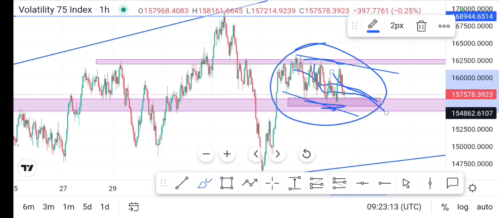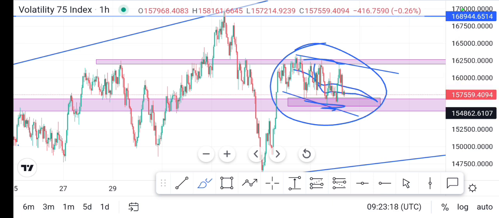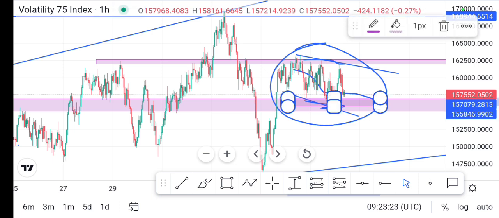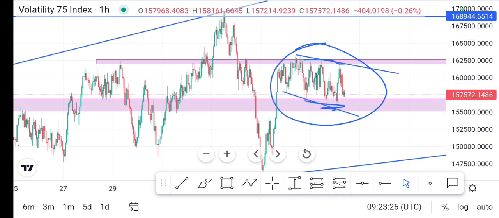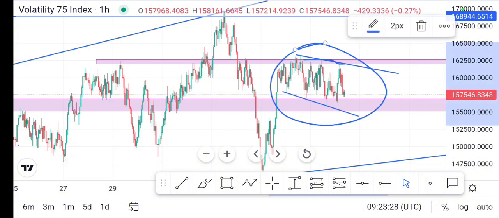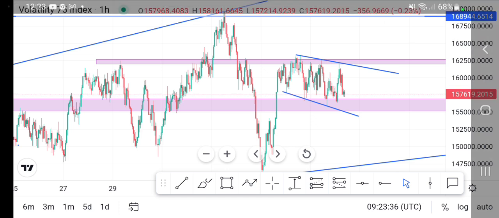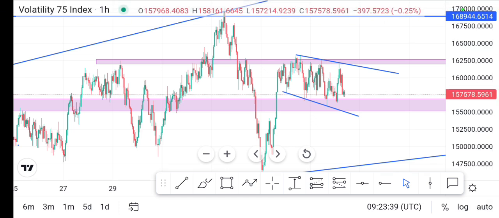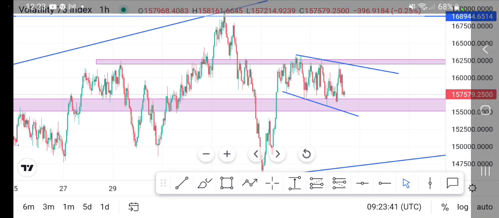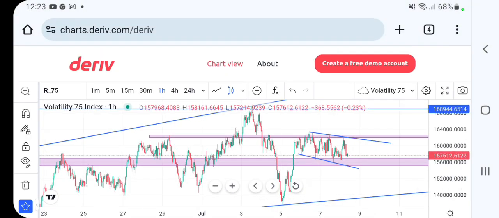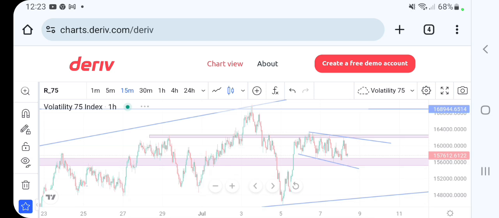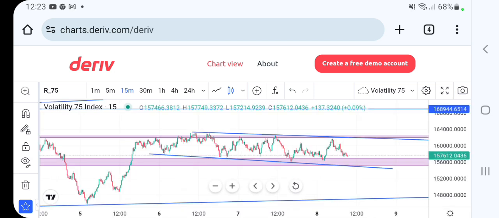the trending market is where you involve yourself and start making some good money, rather than entering a ranging market and then it starts giving you a headache. You start getting pumped and panicking because the market is not moving like how you wished. So if you want to scalp this VIX 75 during this ranging period, you have to dive into the 15-minute chart like we always do. When you come to the 15-minute chart, we start looking for opportunities to sell.